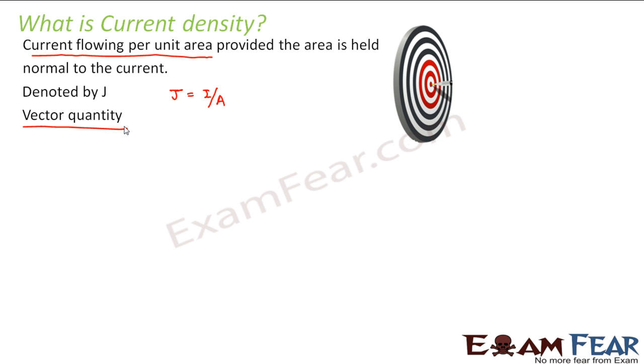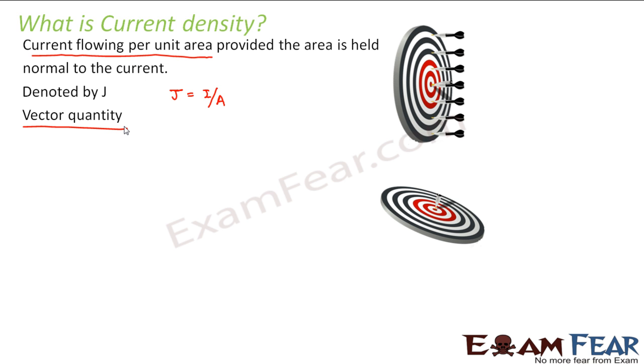Now let us understand the area vector part in this way. Let us suppose you have this board where these arrows come and strike. If the board is situated in this orientation, all the arrows come and directly strike the board. There were a total of 6 or 7 arrows here, and all of them were able to strike the board. Now if I change the orientation of the board in this way, slightly oriented, making some angle theta with the y-axis, then not all, but only 3 of the arrows could touch the board.